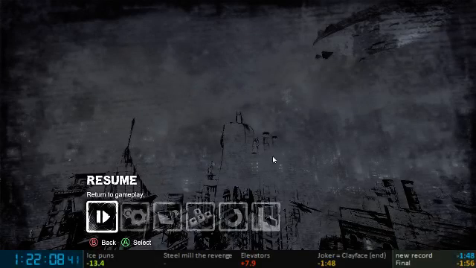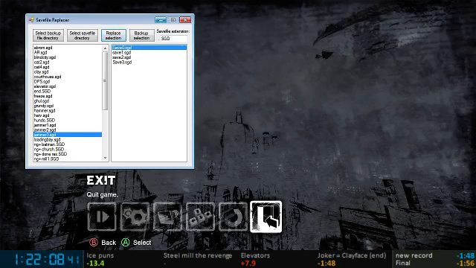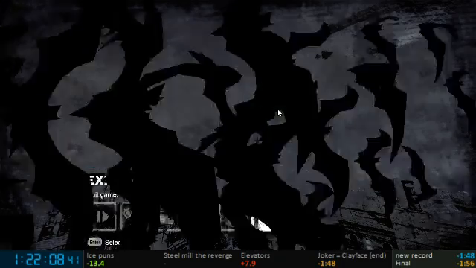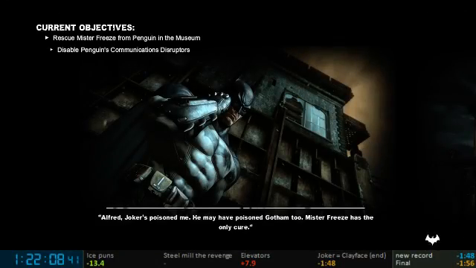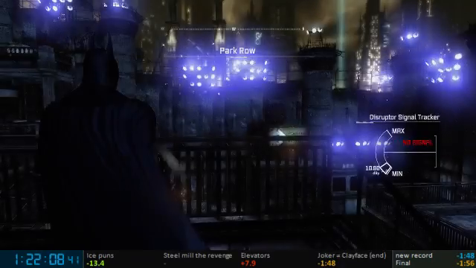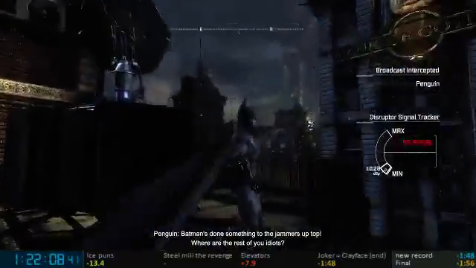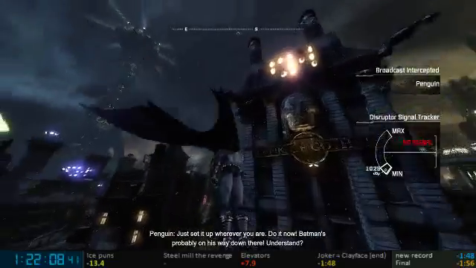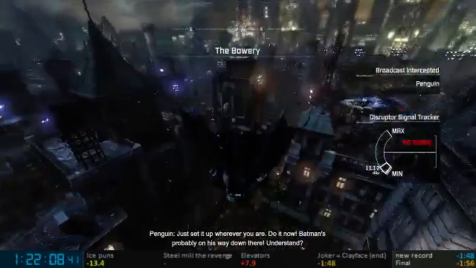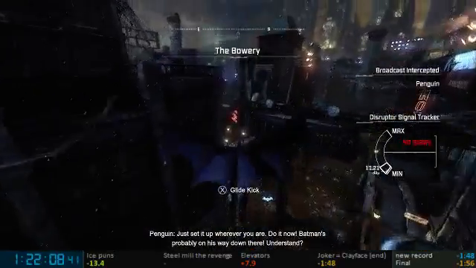For the jammer, let me go now to my jammer save. So after you take out these guys at the jammer, there are two ways, and the first way is the way I'd recommend for you starting out. All my saves have this enabled. Go ahead and glide